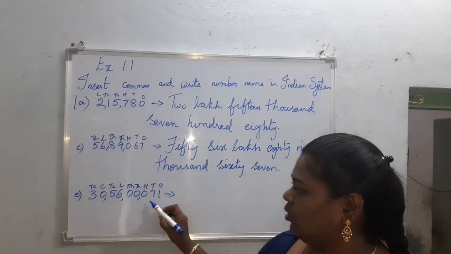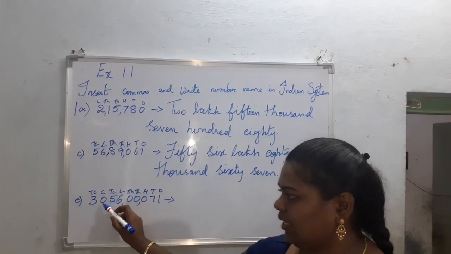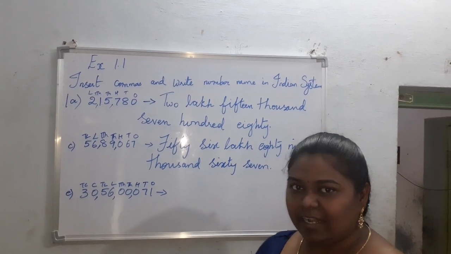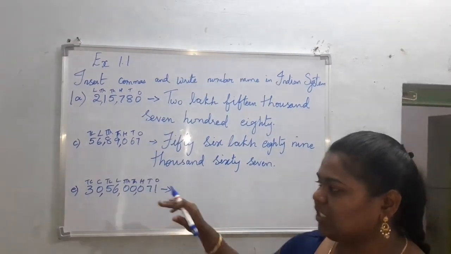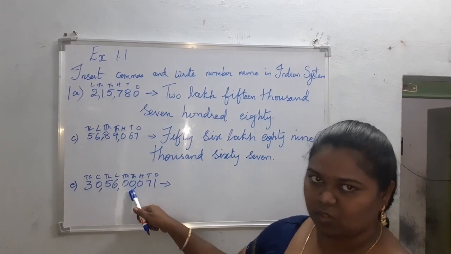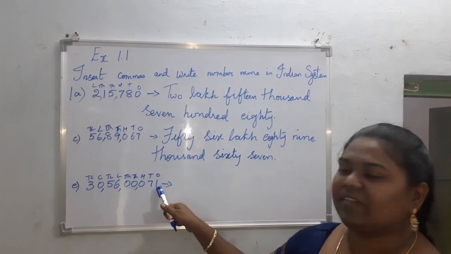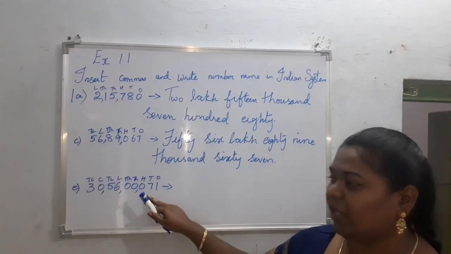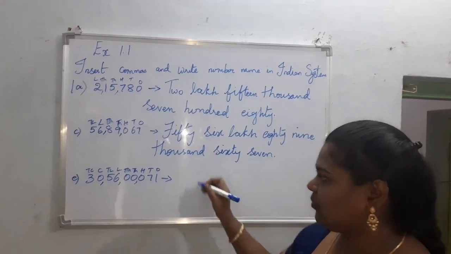Now for this also you have to place the commas: ones, tens, 100, 1 comma, 1,000, 10,000, lakhs, 10 lakh, crore, 10 crores. Now 30, and you all have the habit of writing 'and' in between the spellings. That's wrong. You shouldn't write 'and'. It's just 30 crore, 56 lakh. There is no 1,000 over here, so you need not write thousands, and no 100 also, so you can just skip that. And 71. While teaching I may say 'and', but it's not 'and'. There is no 'and' in spellings at all. So 30 crore, 56 lakh, 71. That's it.